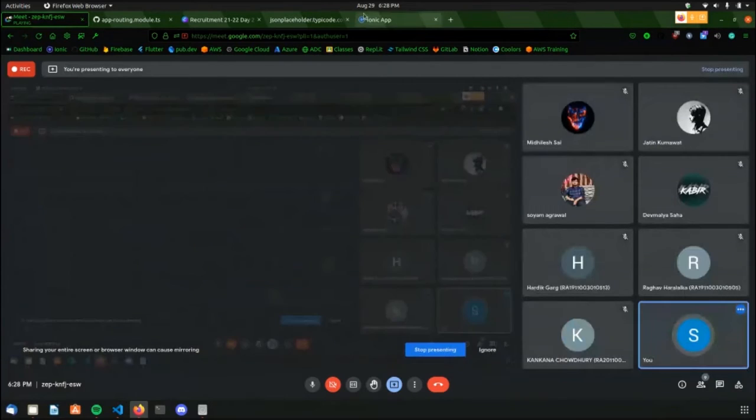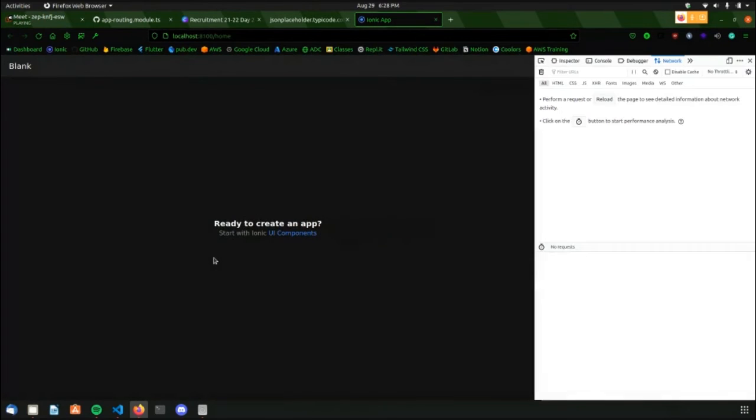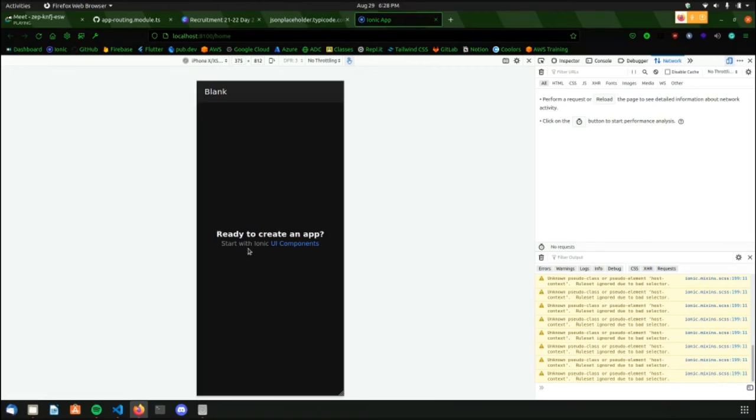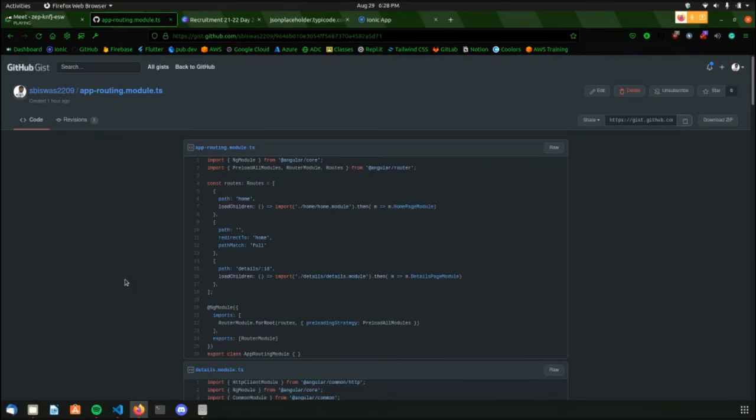So it's been completed, and this is the app which is being served currently. This is the blank Ionic starter app which is always shown. In this part of the workshop, I won't be focusing a lot on the UI because that has already been covered in a lot of detail beforehand. What I'll be covering is mainly the logic part.